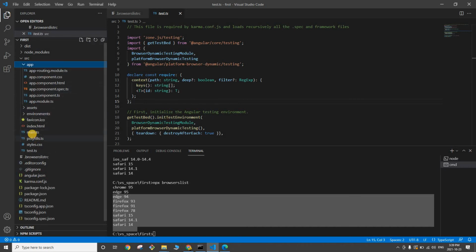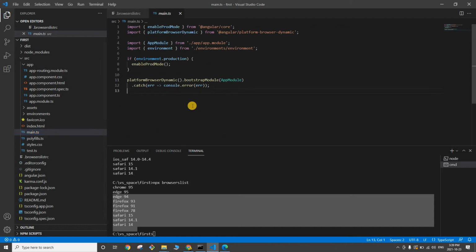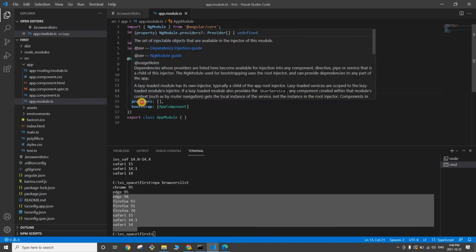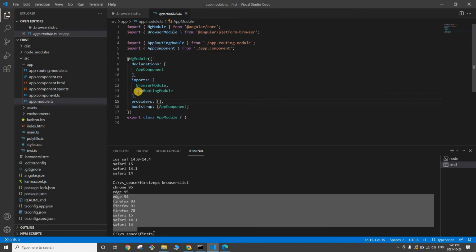All right. Now guys, as I said, main.ts is the main file and the entry point of your application, and it starts your app module, which is your root module, right? So if you go to app module, this is the module. In your app module, you have declarations where you declare all your components, and imports where you import all the modules that you want to make use of. For example, if you create a new module, you have to import that module here. Okay. Providers: for example, if you want to create a service and inject it, you will mention those services here.